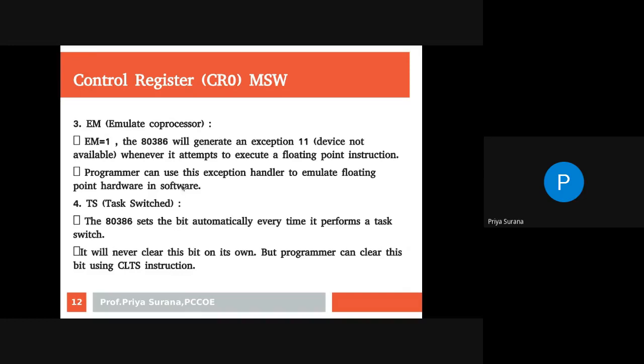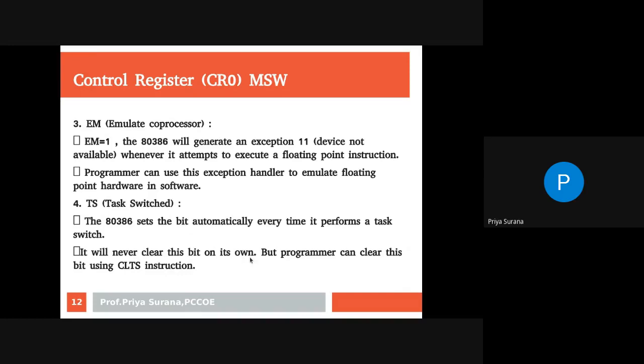Next, related to the TS bit, the 80386 sets this bit automatically every time it performs a task switch. The name itself is task switch, and task switch is required in multitasking. So the 80386 automatically sets this bit whenever a task switch occurs. It will never clear this bit on its own.